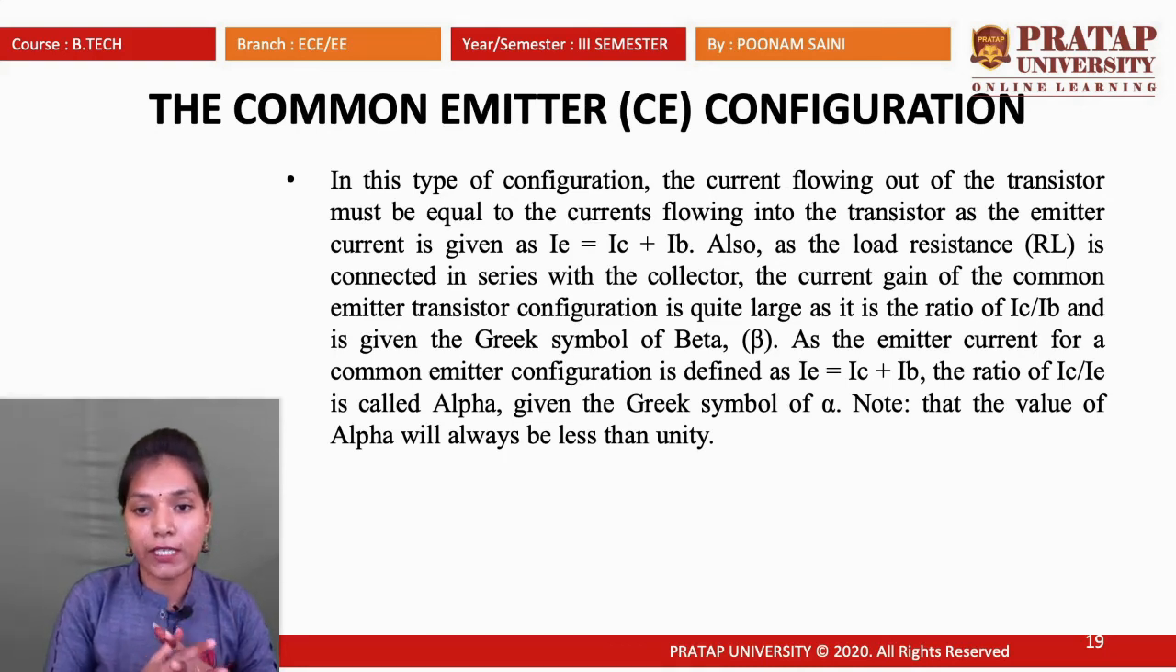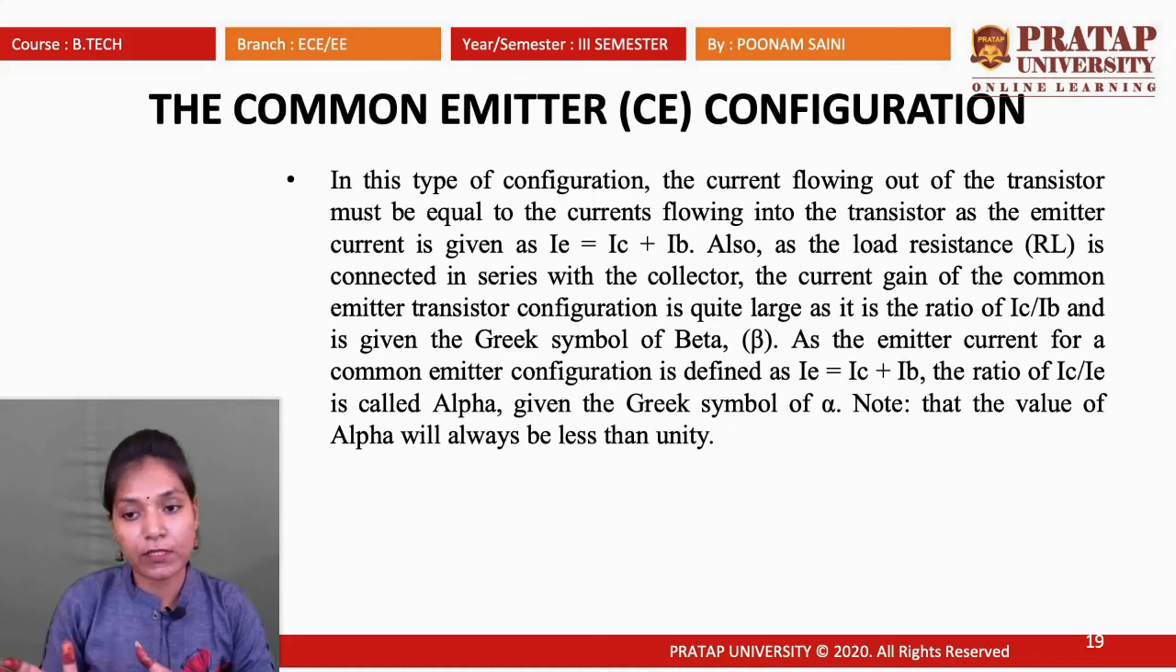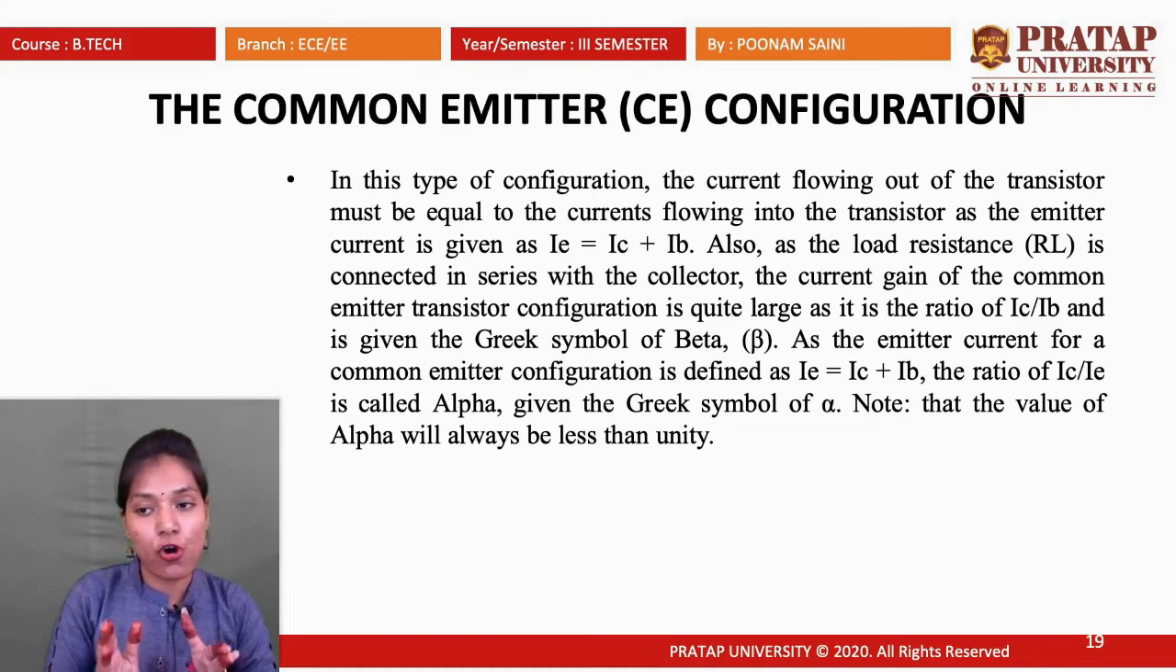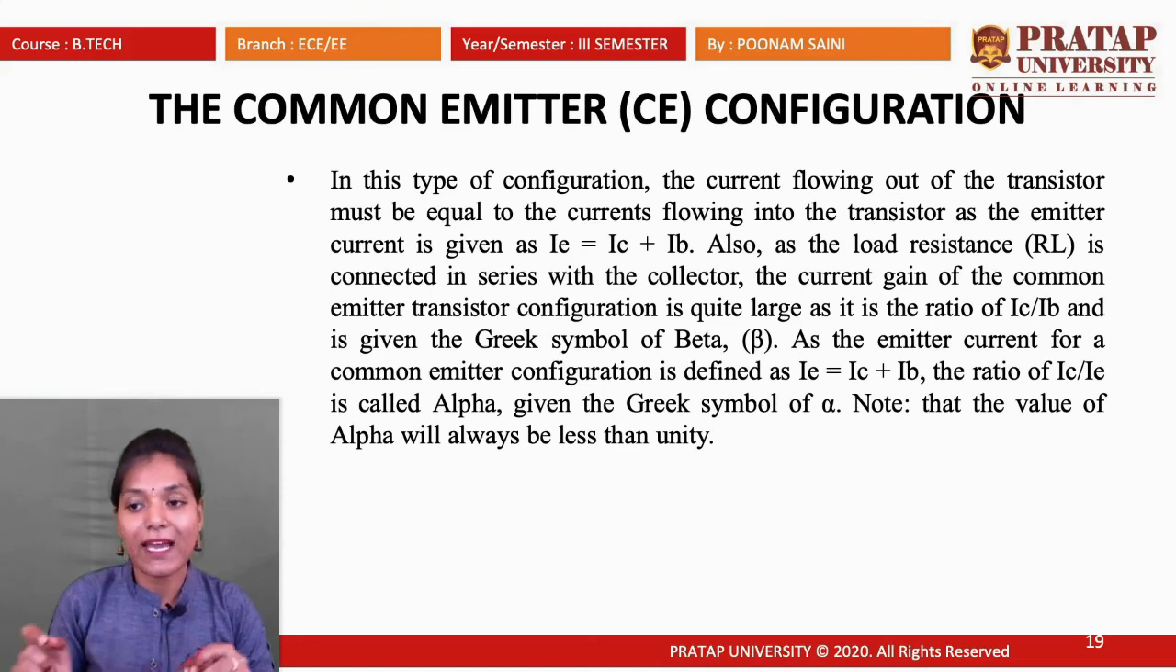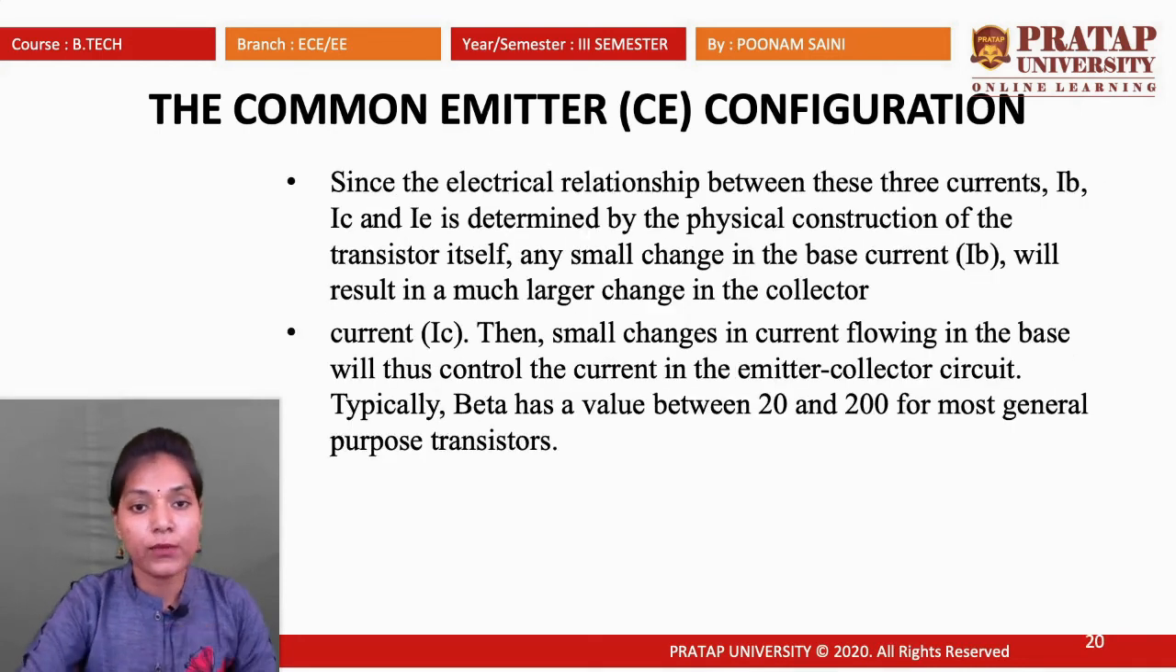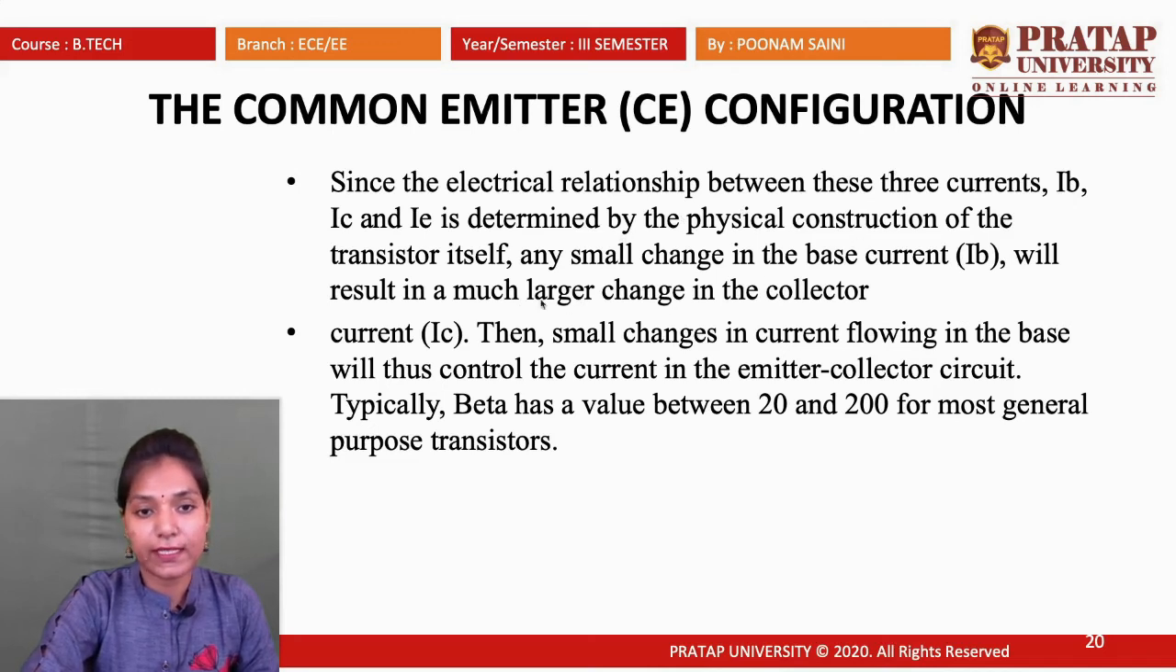So the current gain of the common emitter transistor configuration is quite large, as it is the ratio of IC upon IB, given by the beta symbol. The ratio of IC upon IE is equal to alpha. That means IC upon IB is equal to beta, IC upon IE is equal to alpha, and IE is equal to IC plus IB. So in the electrical representation of these circuits, you can see that IB, IC and IE are determined by the physical